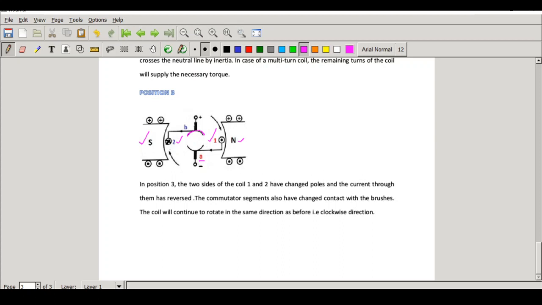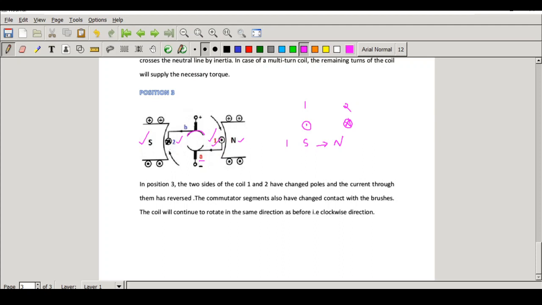Okay. Now, can you tell me what is the change which you notice here? See the direction of the current in 1. Now the current direction in 1 is like this. It is leaving the conductor. Whereas if you see the current direction of conductor 2, it is entering into the conductor. Entirely it is reversed. The direction of current through the armature conductors got reversed. Why? Because previously conductor 1 was under the influence of the south pole, but now it is changed to the north pole. That is why the direction of current is changed.